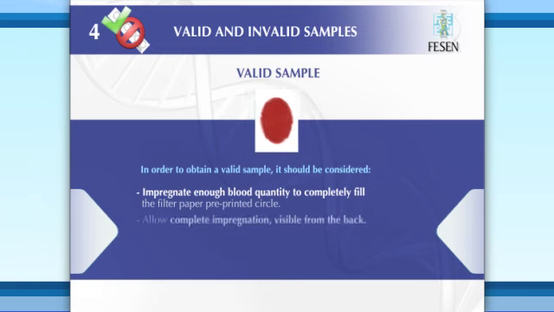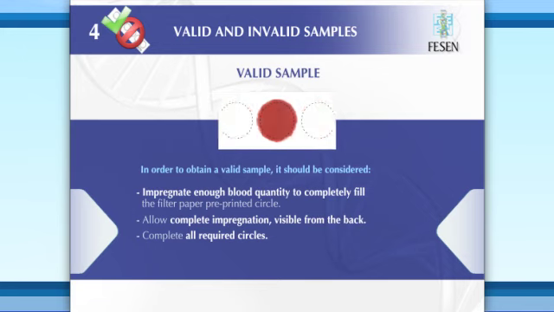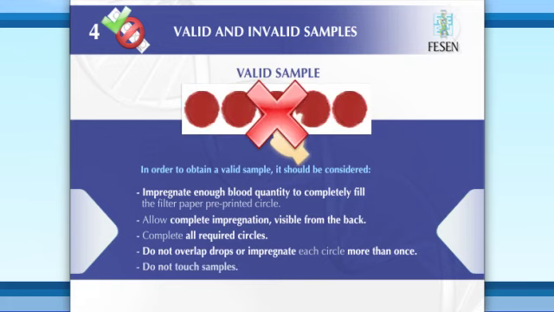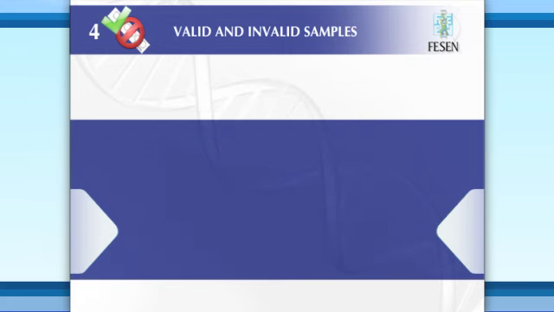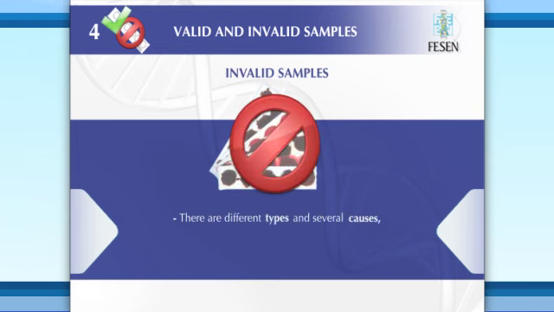Allow complete impregnation, visible from the back. Complete all required circles. Do not overlap drops or impregnate each circle more than once. Do not touch samples. Invalid samples could also exist. There are different types and several causes, and to recognize them, it should be considered the following: